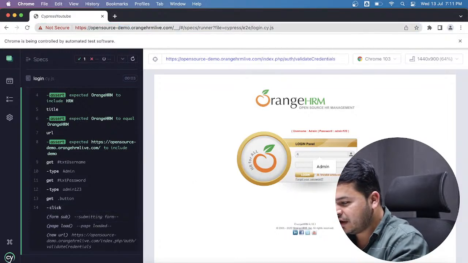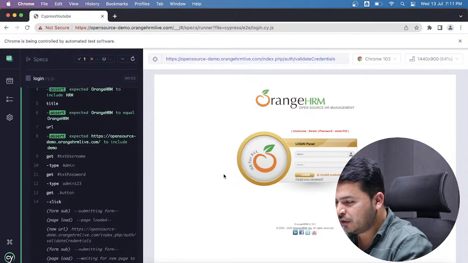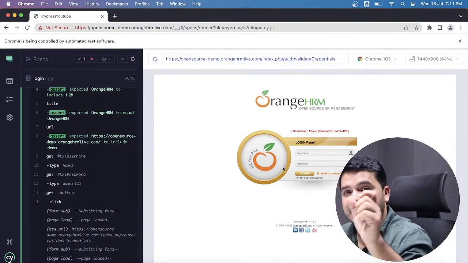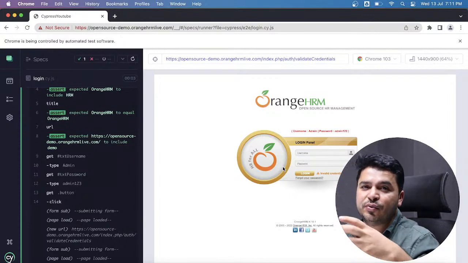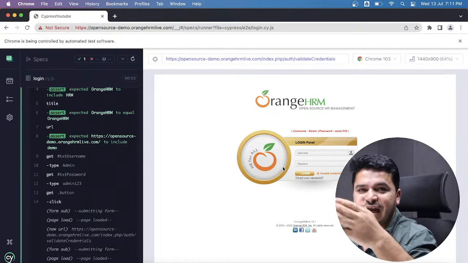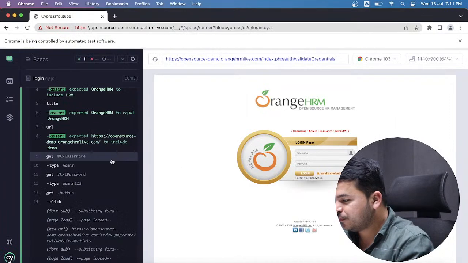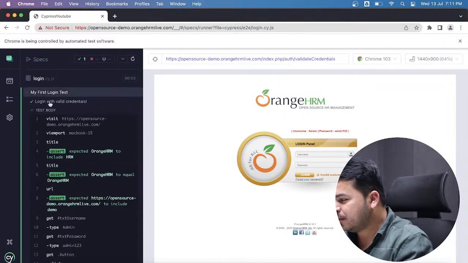Maybe the application has some issue right now. Let me try manually. Admin 123 and click on login. Okay, so this application has some issues right now, so that's the reason it is not able to show you the dashboard, but it actually did all the type and click. And now I will show you how to read this part. Okay,